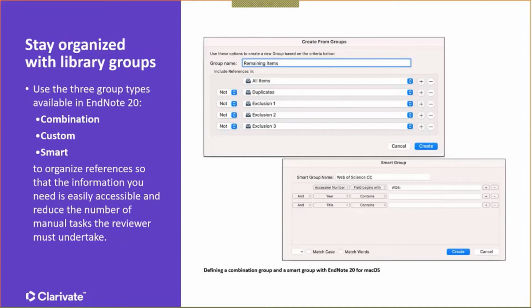And anytime you edit an existing reference in your EndNote library, or you add a new reference to your library, EndNote 20 automatically performs this defined search to determine whether or not those new materials should be part of that smart group. So if there's, let's say, a very important keyword in your field of study,